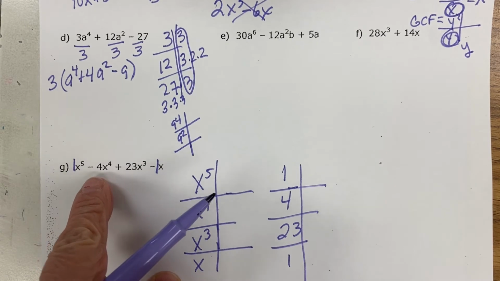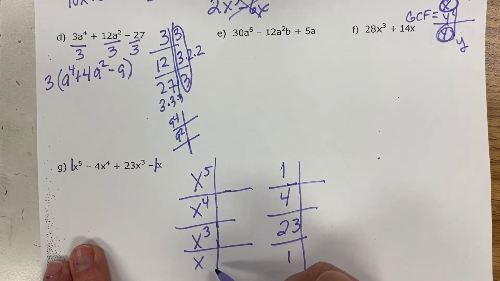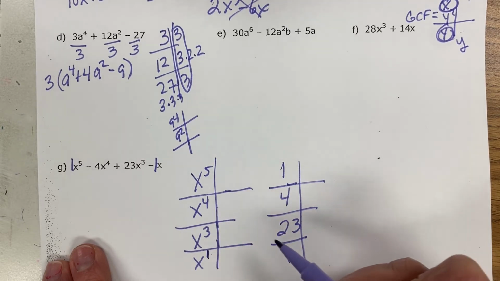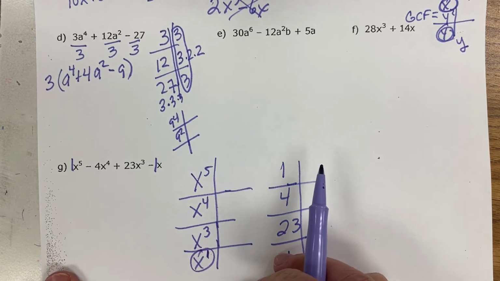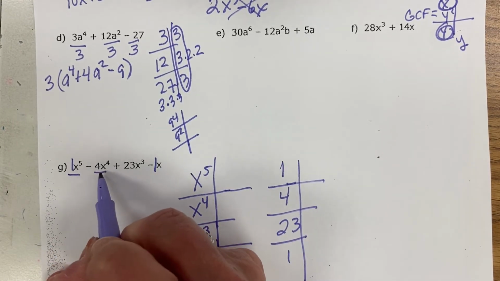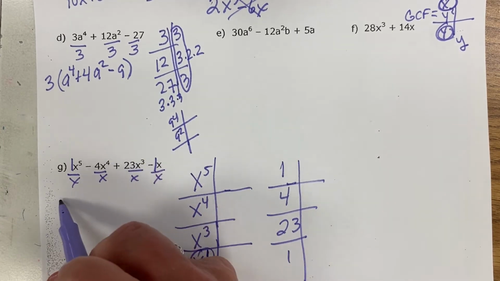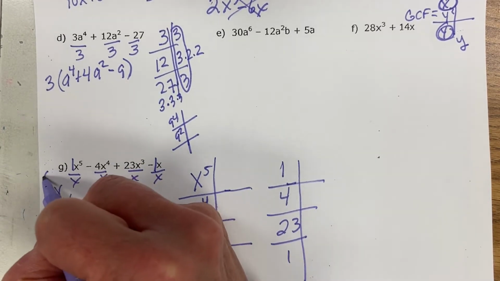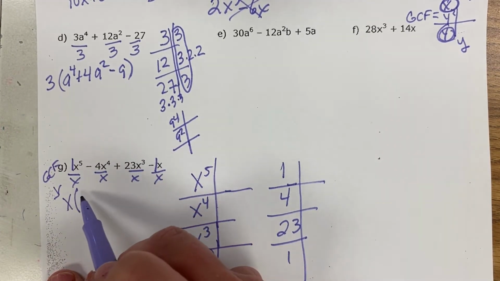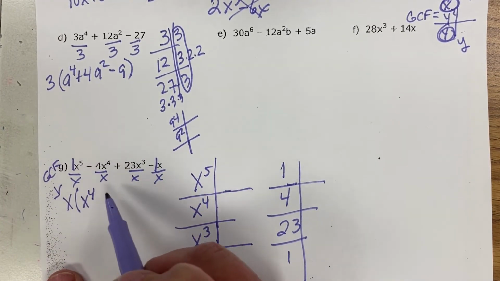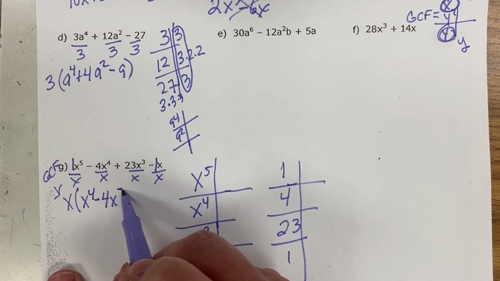Hopefully you can see that they all have an x in common, and when we're dealing with variables, our greatest common factor is going to be the smallest, and so this right here is going to be our smallest. So we're going to have to divide all of these by x. So x right here, that is my GCF. So x to the 5th divided by x is going to be x to the 4th minus 4x to the 3rd plus